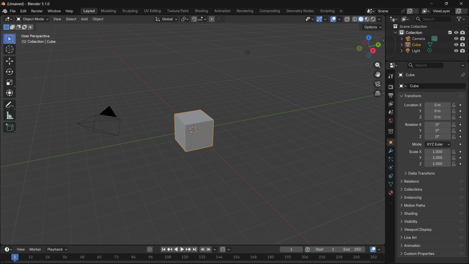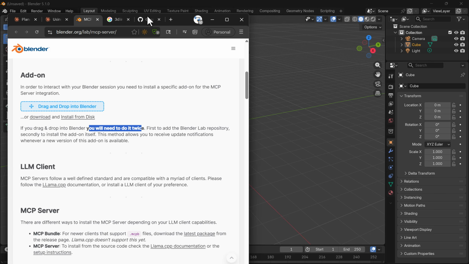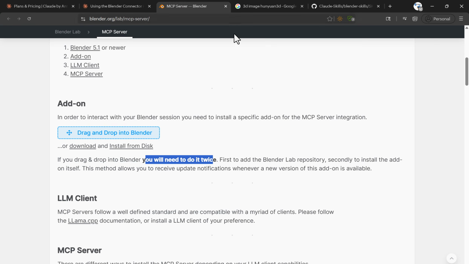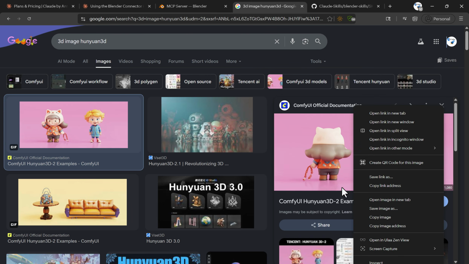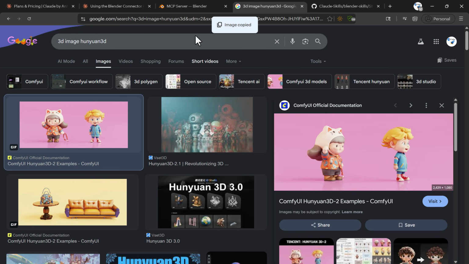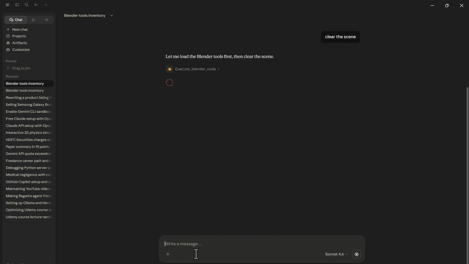In the meantime, we can simply come here in our browser and see the 3D character which we want to create. So I want to create these 3D characters. I right click, copy this one from there, then paste it here. Once you have this, I'm going to ask it to create these